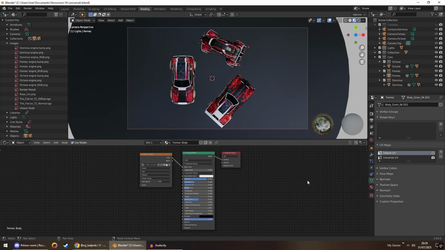In this video we'll be going over this new Blender scene which is for universal decals. Now previously all my Blender scenes have been for car specific decals. So you would have one decal for the Dominus, one for the Fennec, one for the Octane. Whereas this one is made purely for universal decals. Well, I say purely, it was made for universal, but it can also do